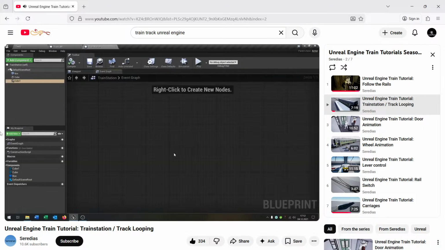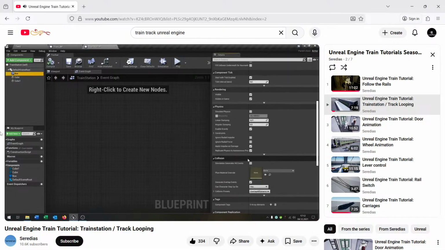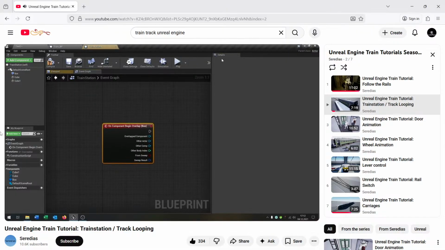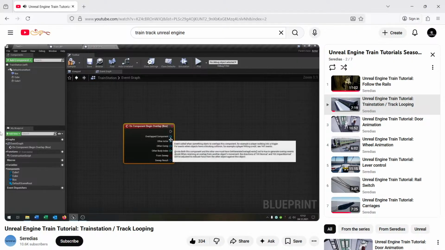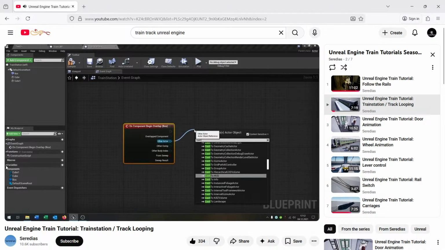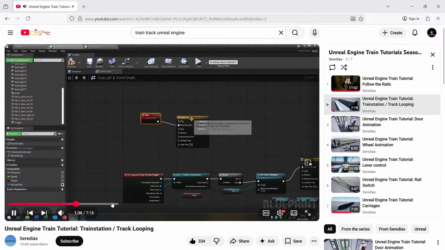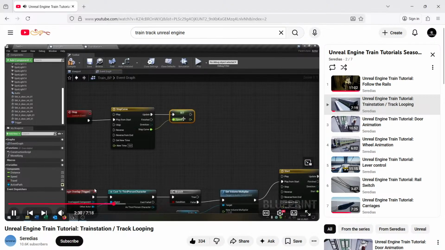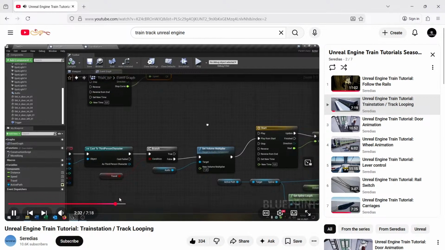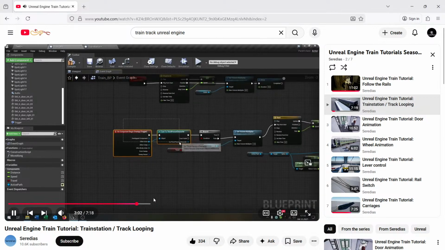So let's fill up this with some functionality. I'm going to have it continue at the same speed and not slow down or anything, and go to begin overlap as always. And then we just go to other actor, cast to AI, play it from start, and we want to update it. So, component begin overlap event